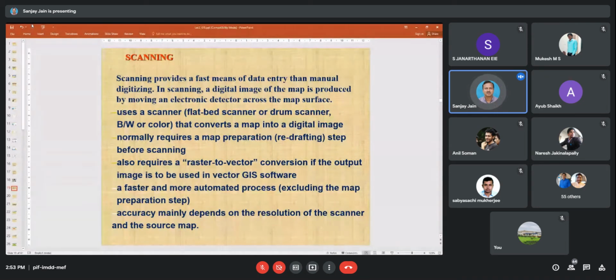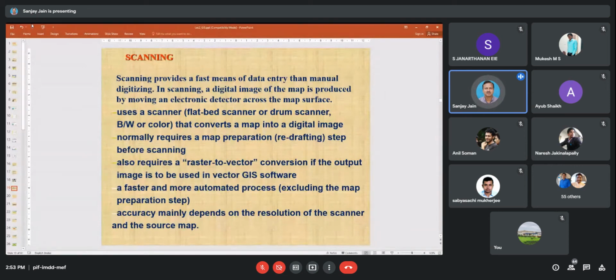Suppose you have converted your Survey of India topographical map, which has roads, rivers, railway lines, etc. How will it appear? In raster. Contours also. So if you want contours in vector form, then you have to convert raster to vector. We can do that, because if we require our contour map in vector format, we have to do that.